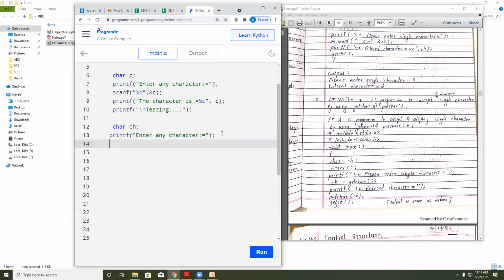Again I'm going to get it from the user, getchar. Whatever I take from the user will be assigned to this ch, and here I'm going to print the character is equal to, and here I'm going to print the value of ch using this putchar.